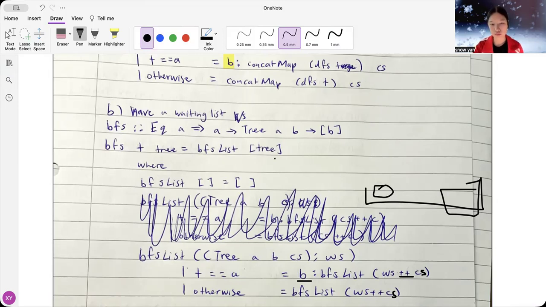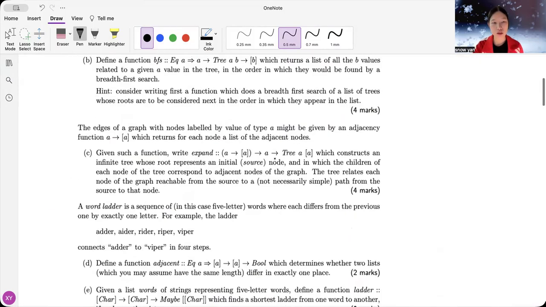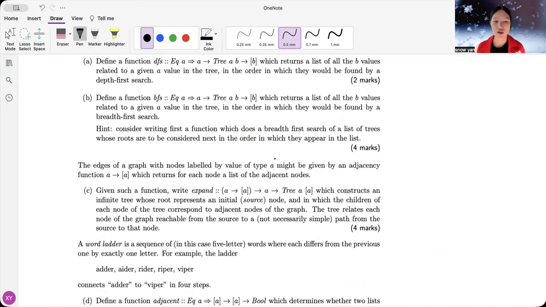Mm, and that would be the first one at the root. And then part C, we're asked: the edges of a graph with nodes labeled by values of type A might be given by an adjacency function, A to the list of A, which returns for each node a list of the adjacent nodes. For part C, we're asked, given such a function, write expand of this type, which constructs an infinite tree